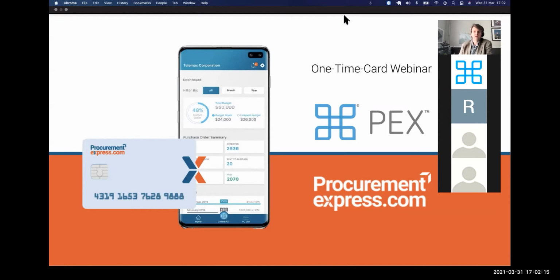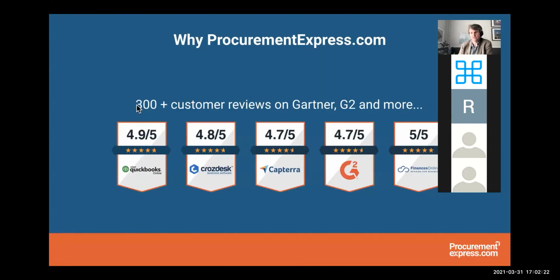If you need an introduction to Procurement Express, we are a purchase order management solution. What we do is we help your company more safely spend the money that they have worked hard to earn. We have just under 300 customers around the world, and we help them to securely spend billions of dollars a year by making sure that every purchase has been properly approved. It has the correct accounting codes on it. It makes sure that you receive everything you ordered. It makes sure that you're paying only for what you ordered, and dozens of other common procurement errors